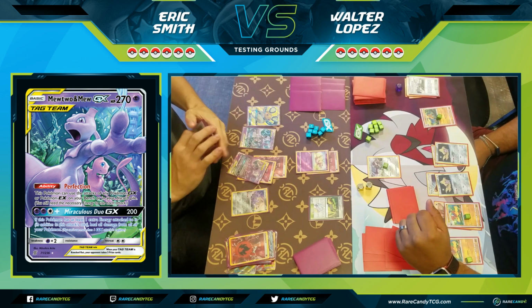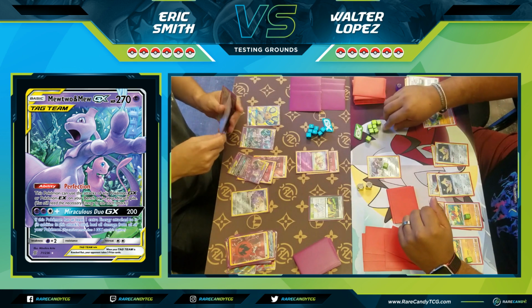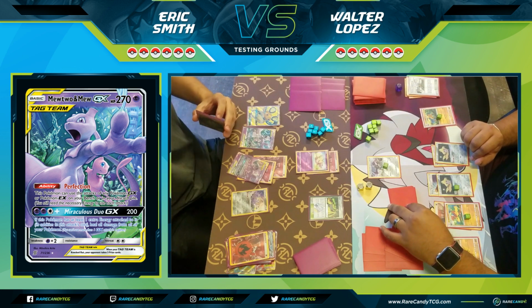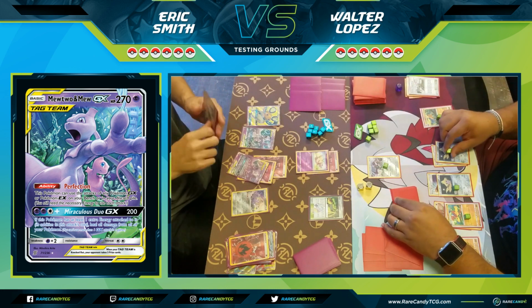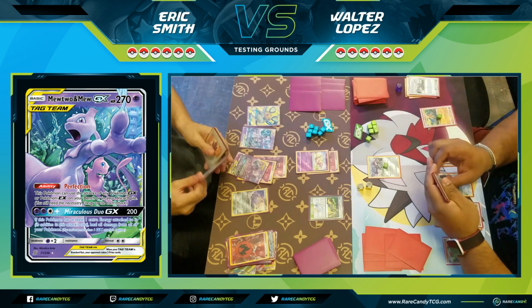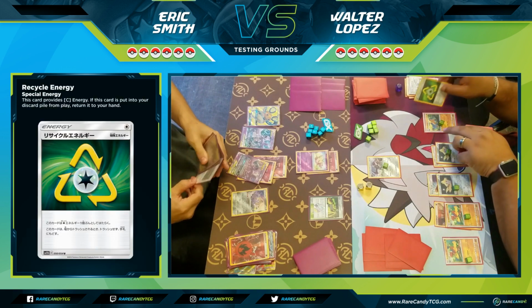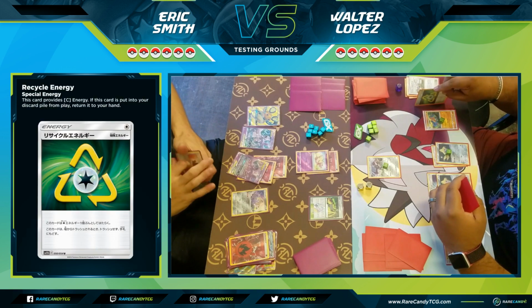You know, once I get the 10 damage on each of these, from there, it really doesn't matter too much, to be honest. I'm just trying to think if there's any situations where I might want additional damage counters on a single Pokemon. And I think this is fine, though. So it looks like Walter gets himself a Recycle Energy. He's going to attach that to...